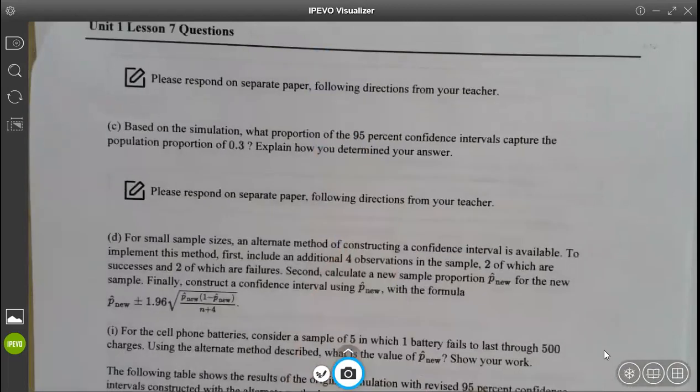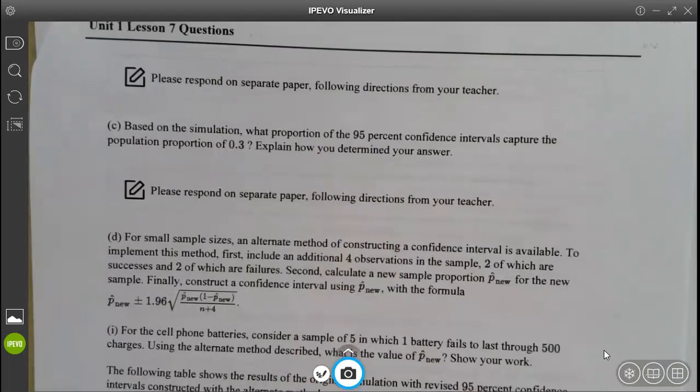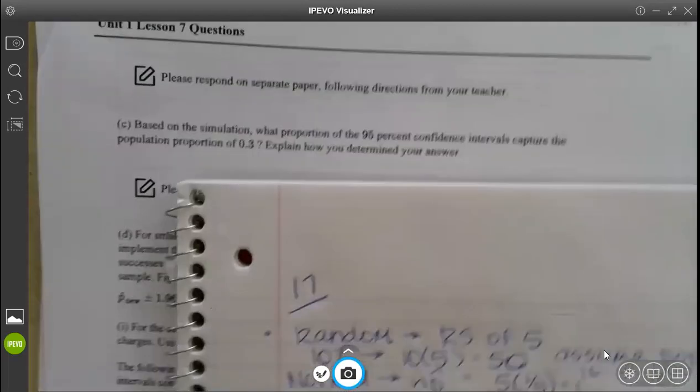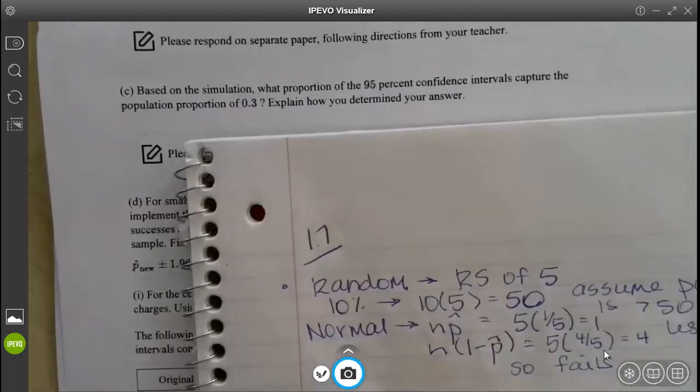Based on the simulation, what proportion of the 95% confidence intervals capture the population proportion of 30% or 0.3? Explain how you determined your answer. So explaining is not always writing words. Y'all understand that, right? It's not always writing words. It's kind of justification. All right. So if we look for 0.3,